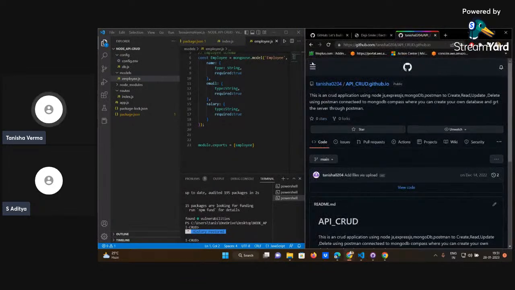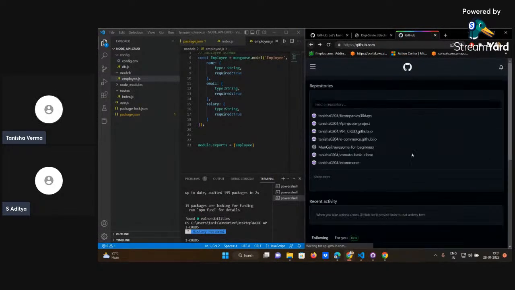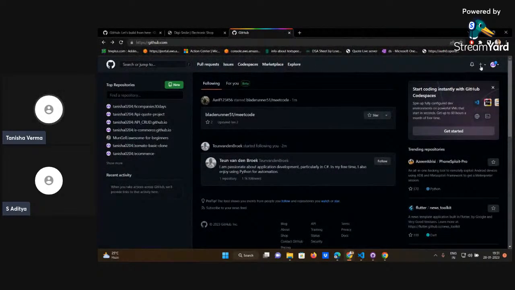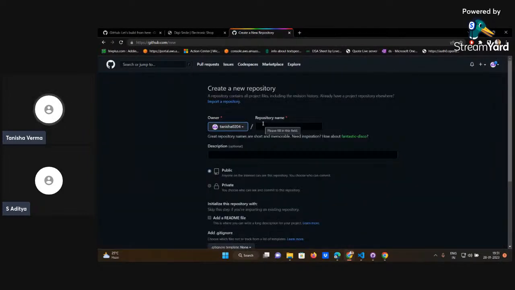Now, what we'll do is we'll go back. We'll press here. Can you see this plus icon over here? From here or here, we'll just click new. Now, as Aditya has already covered this, I'll not be talking much about it. You can just write the repository name. I'll give it YouTube